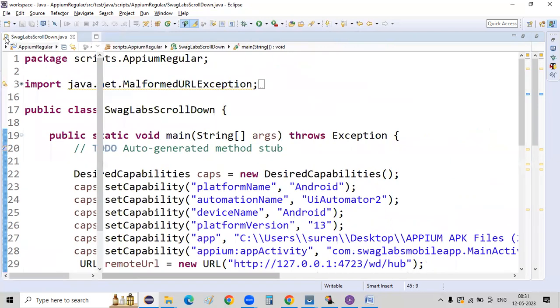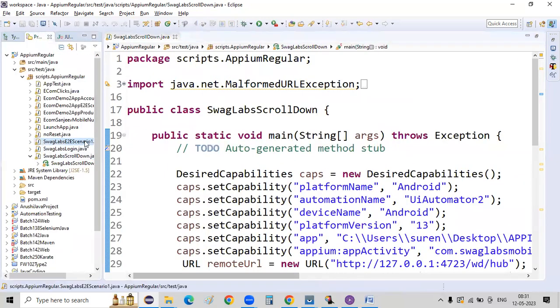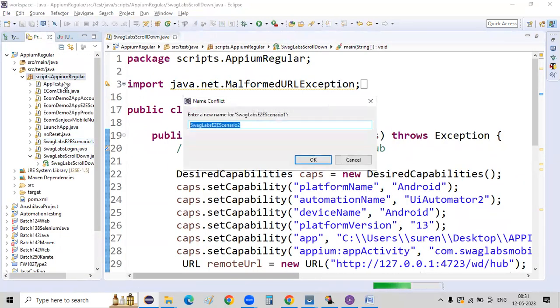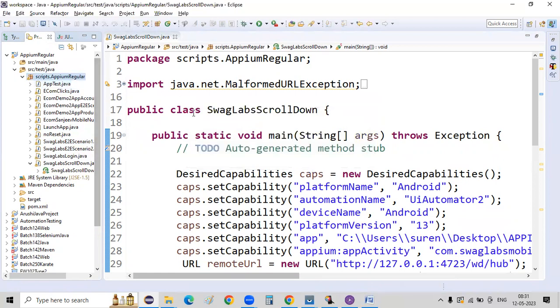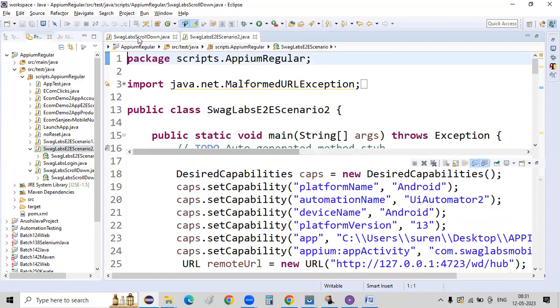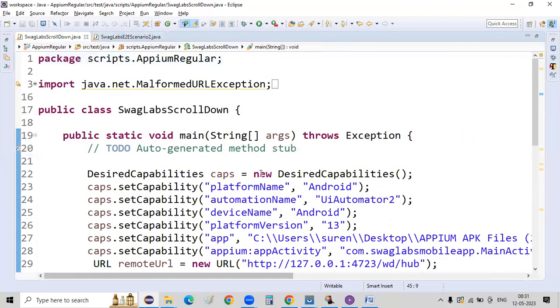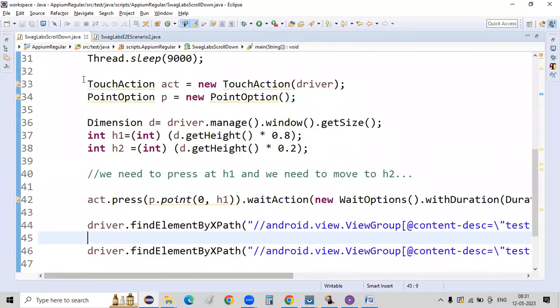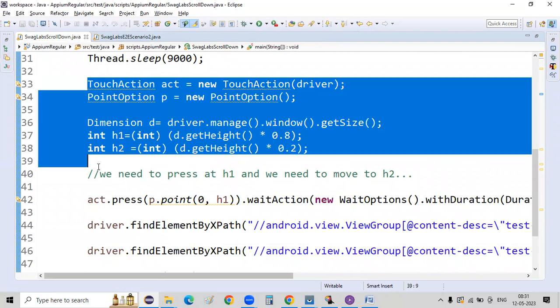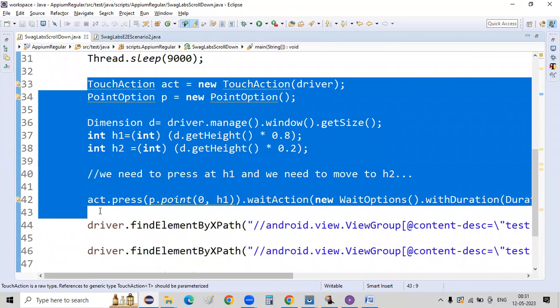So let me try to recreate this particular program, in which I want to use this swipe down logic. Okay, so in order to perform this swipe down operation, what is the logic that we have? Create an instance of the touch actions, get the height of that particular screen, and then perform this operation. Copy these lines of code,